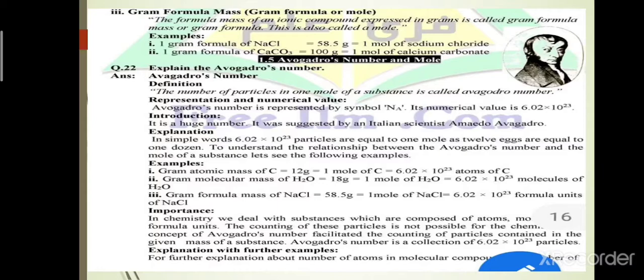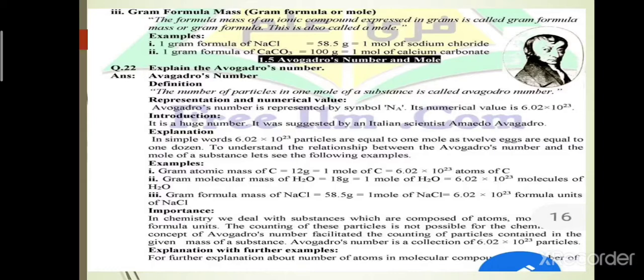Similarly, the atomic mass of the carbon atom is 12. In AMU it is 12 AMU, and when we convert into gram, it is 12 gram. So let's move to today's topic. We will discuss again the concept of mole and explain Avogadro's number.